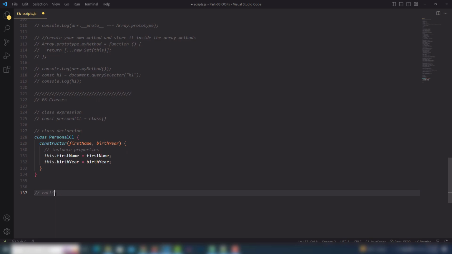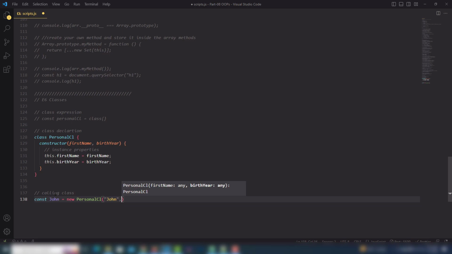Calling a class. So you can use same tactics that we have used on earlier to calling the constructor. So create a variable, write the name like John, use new keyword, and inside there you need to use the class name, use parentheses and passing the value inside there like John, and the date will be 19085. So let's look at that inside the console,